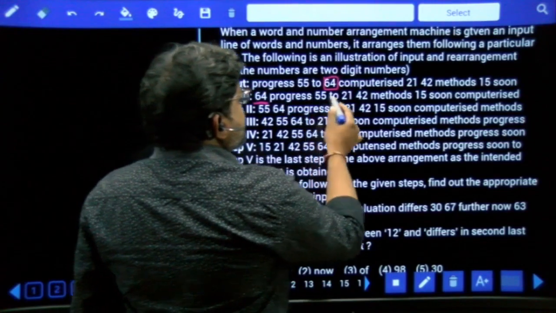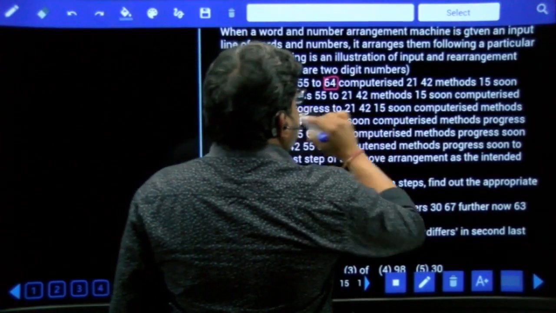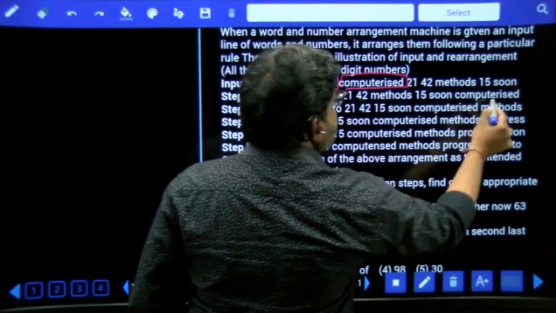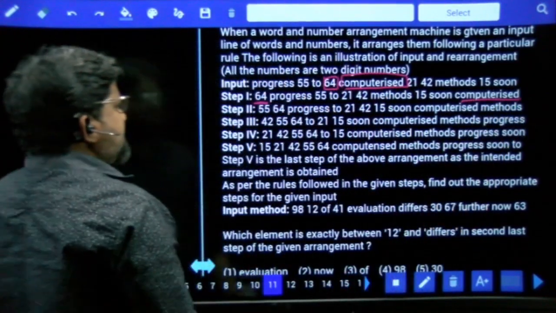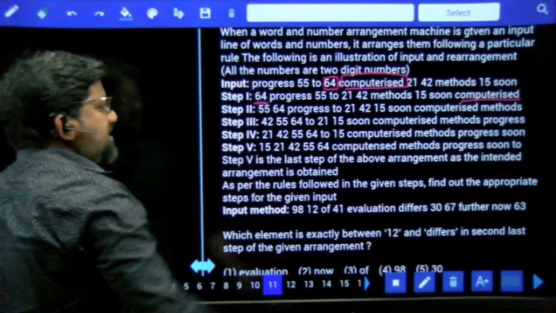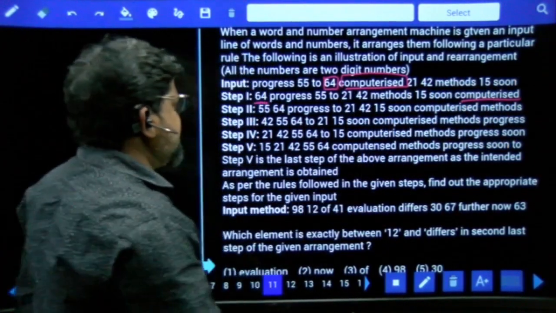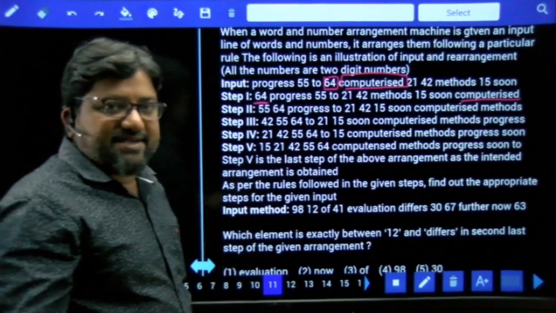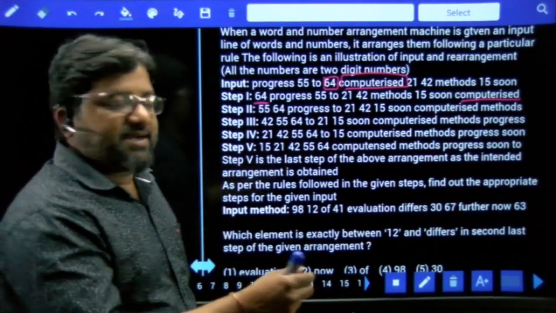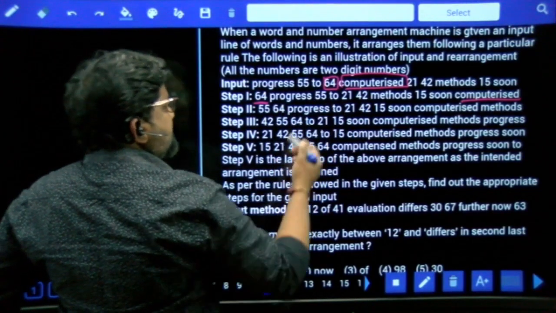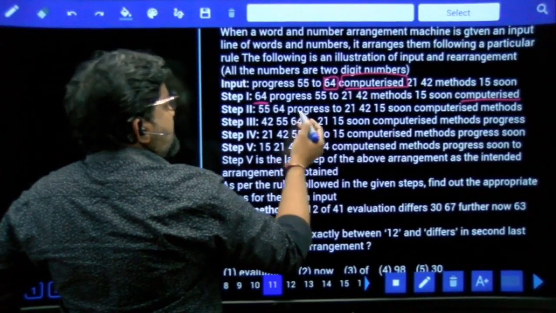Next, progress 55 to next, computerized has been shifted to the last position. So friends, the highest number is on the left-hand side, and the words in alphabetical order are on the right corner. So the changes are only taking place at the left corner and in the right corner. In step 2, the number which is highest after 64 is